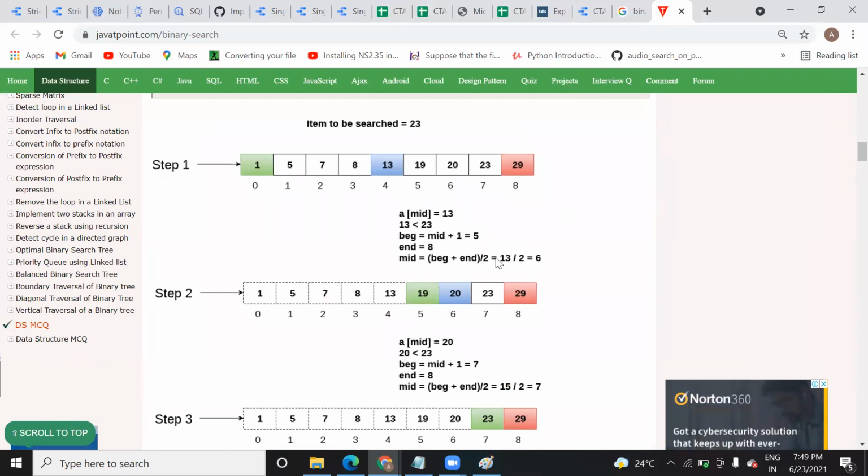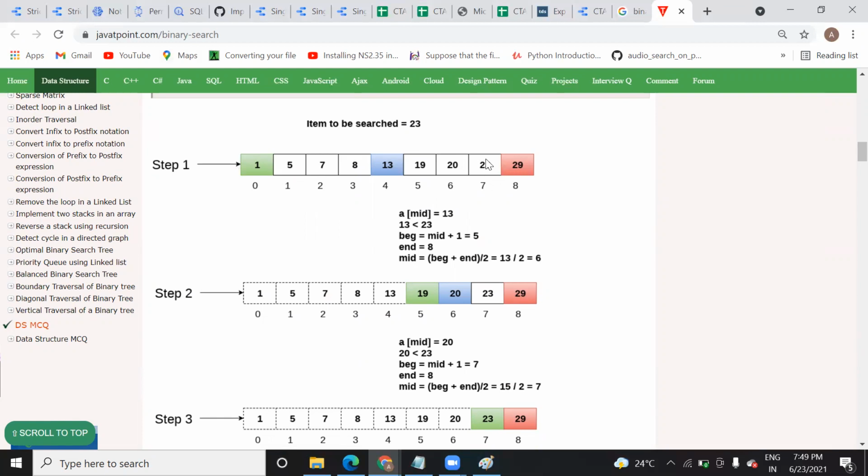So here, what you need to remember, I repeat once again. First, you need to find the middle index. When you find the middle index, you will get the middle value also. Now you need to check: if your middle value is less than the search value, then you will work on the beginning part. You are going to modify the beginning part because your search value exists on this side. Apply the logic. Remember the trick.